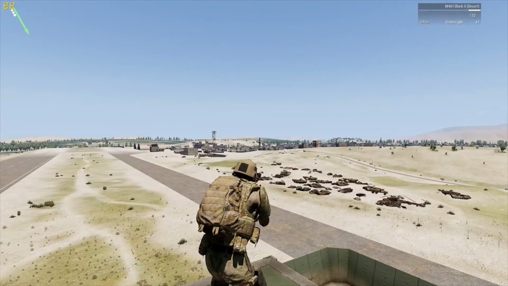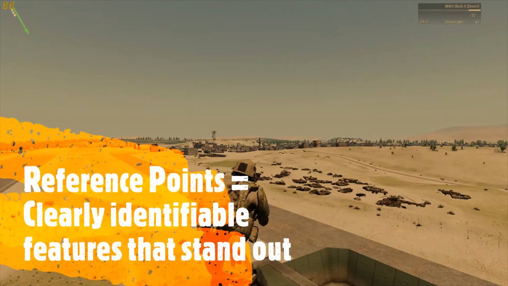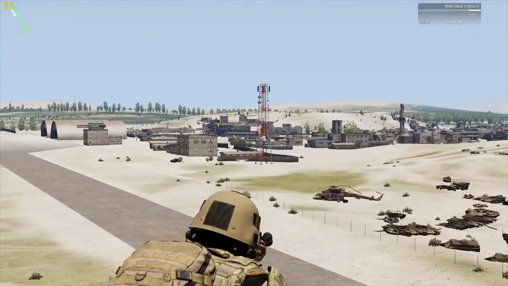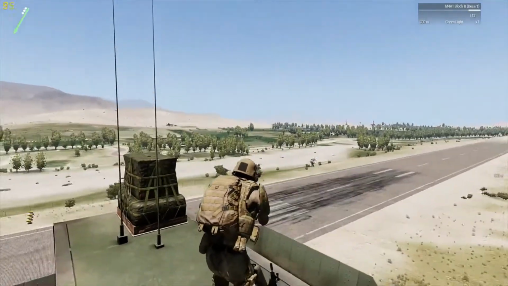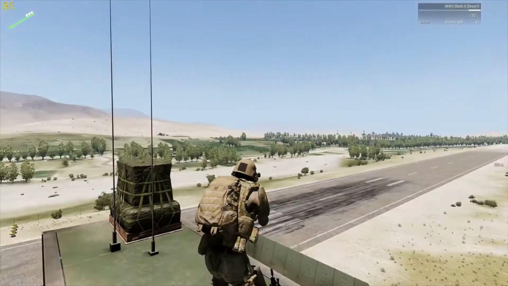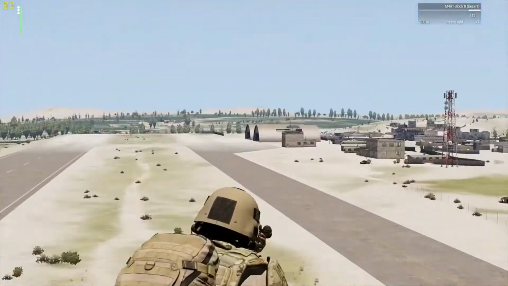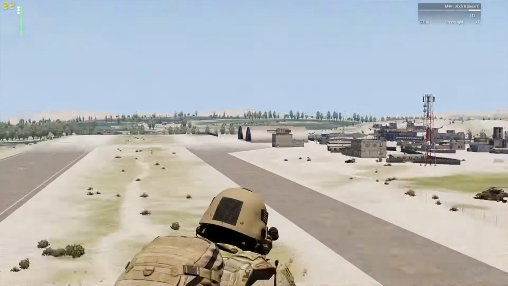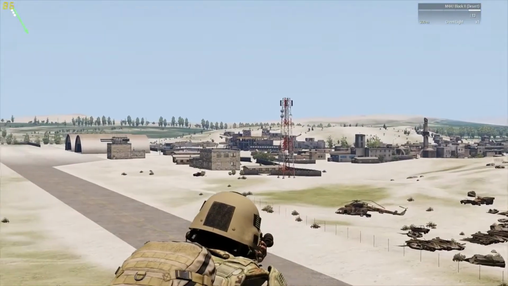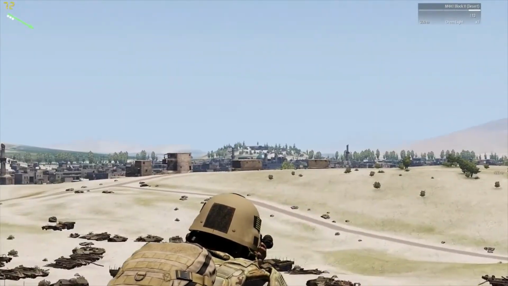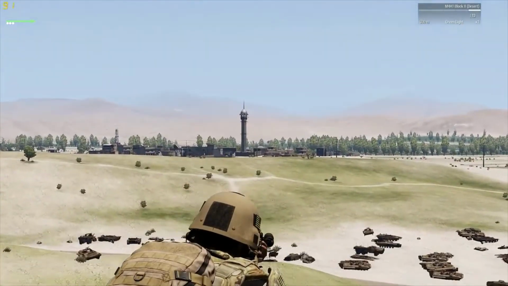Now we're going to go into the methods of target indication. The first method you can utilize is reference points. So I hear you saying, what is a reference point? A reference point is something that is easily identifiable, something that stands out. This can be a variety of features, man-made objects, landmarks, whatever. If I shout to you hangar, everyone looks at the hangar. If I shout out radio tower, construction site, tower 1, tower 2, mosque,